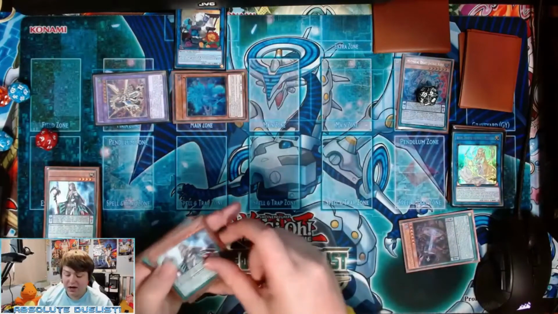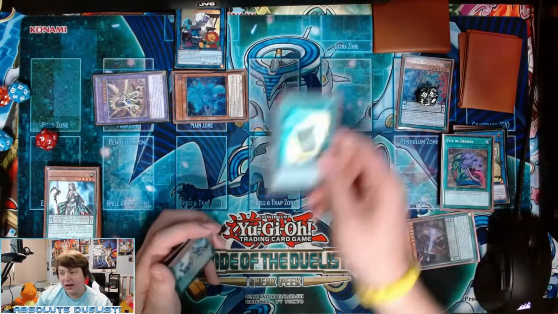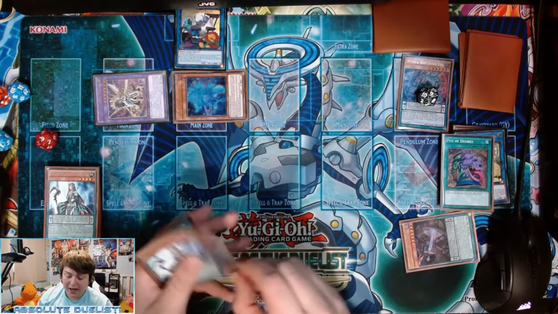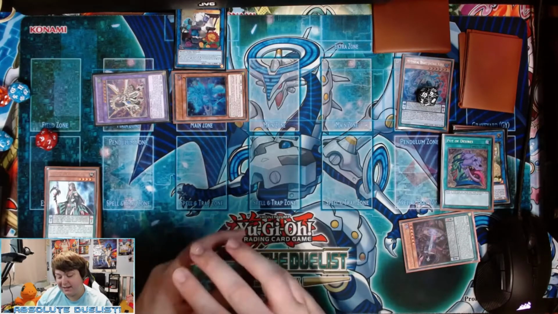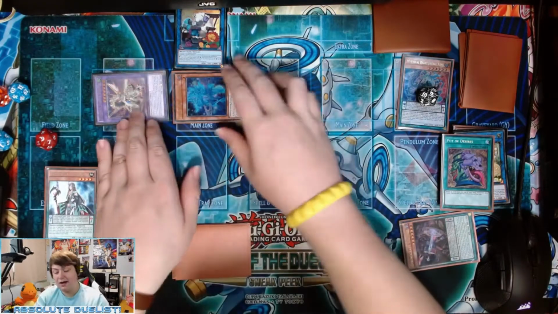And we'll go ahead and use the Magician's Souls to send the Pot of Desires to grave to draw a card. Instant Fusion. Not something we can actually use right now, but not bad. Well, we can actually use it. That's not a bad idea as well. We'll do it in a sec. So we're going to go ahead and now...